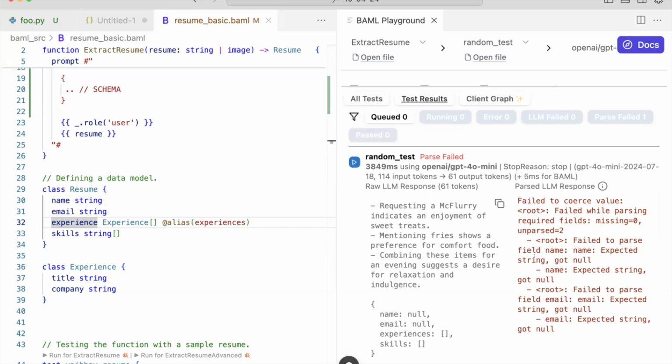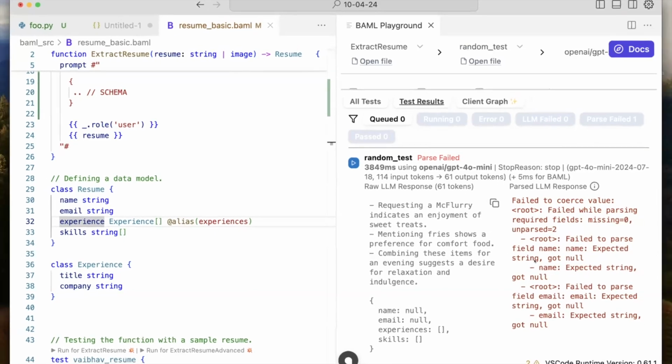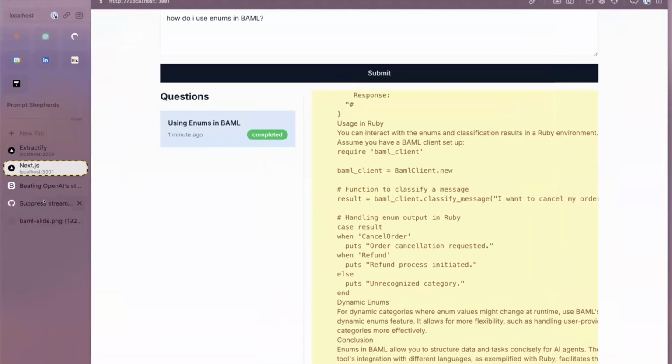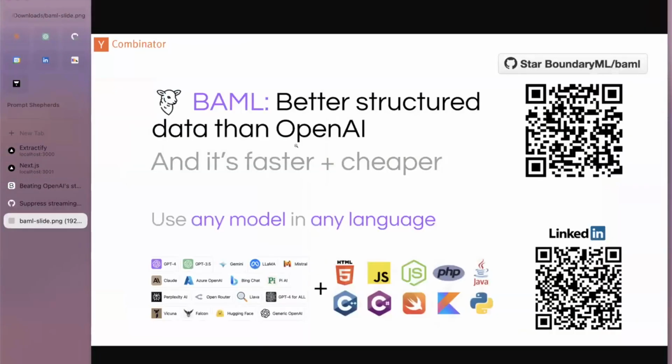which is equivalent to you calling an API on GitHub and GitHub not giving you a repo, but giving you something totally random. You don't want that thing that's random. You want the exact thing that you said. And forcing the model to output the exact same thing can actually give you mistakes, not corrective behavior. So that's how, I think the title of this talk, I think I put this on here, was something about better structured data than OpenAI.